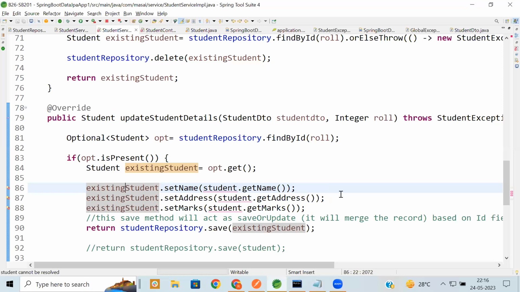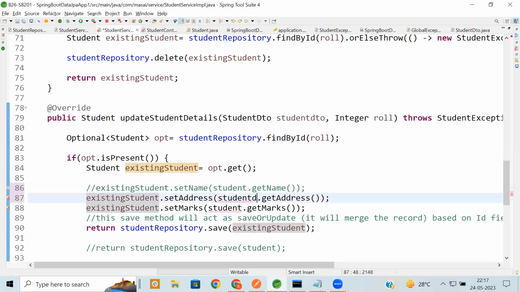Let me just comment it out. This should be studentDTO.getAddress, studentDTO